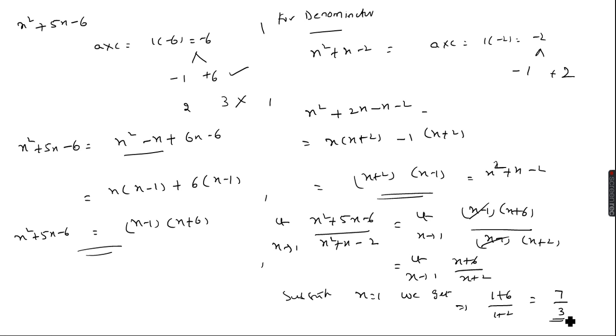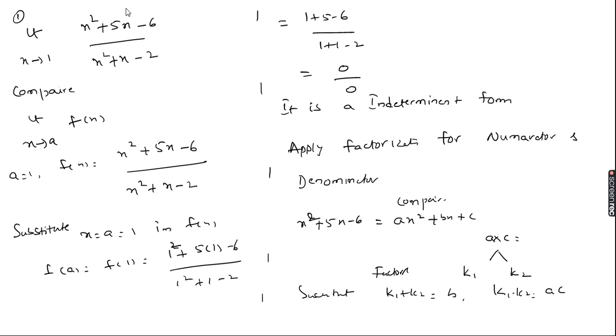So here, how do we solve this problem? Let us recall how it will be solved. Both numerator and denominator are converted into factors. That is the basic. If I substitute x is equal to 1, the form is 0 by 0. The 0 by 0 is called an indeterminate form. For that, we have to apply factorization for both numerator and denominator.